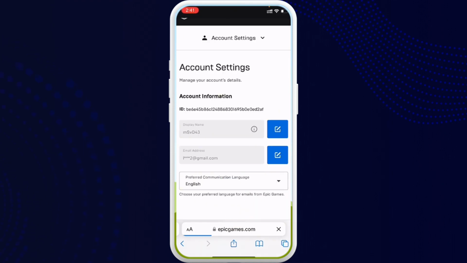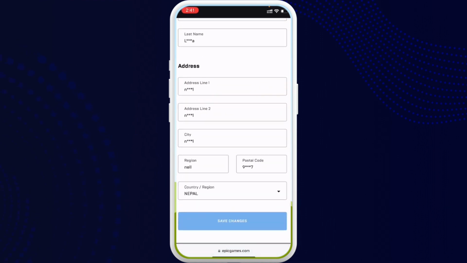Once you search for it, make sure that you are logged into Epic Games. Once it's done, so once you are logged in, you can see the three lines or menu bar. Go ahead and tap on it, and you can see several options here. Go ahead and tap on account settings, and if you scroll down a bit, you can see the country or